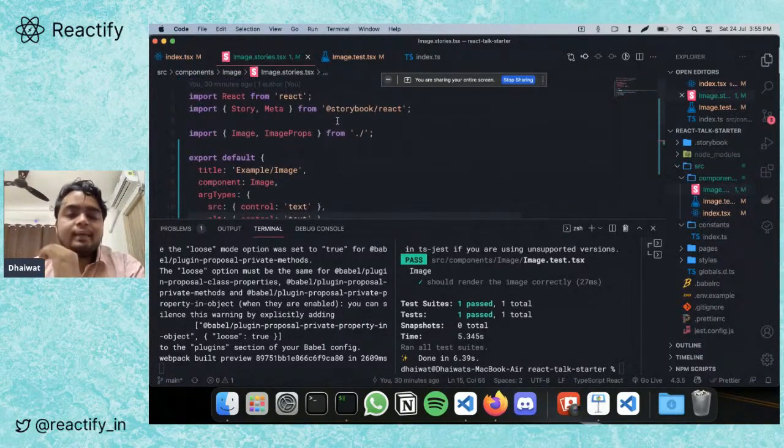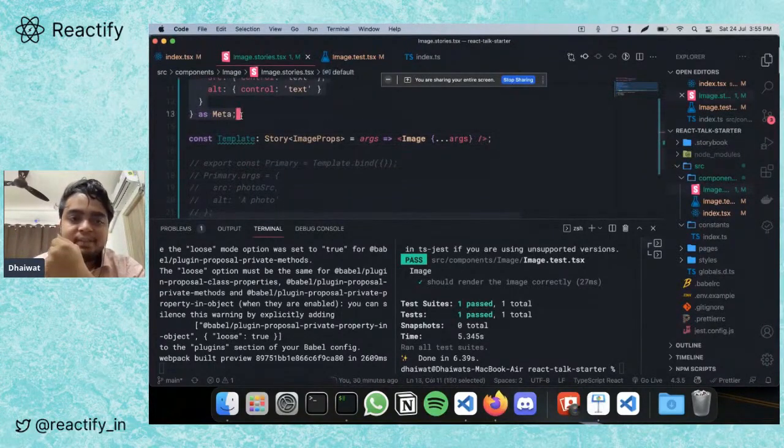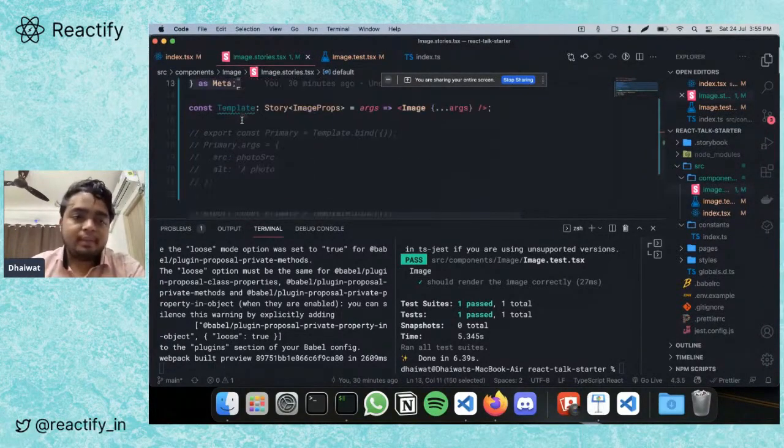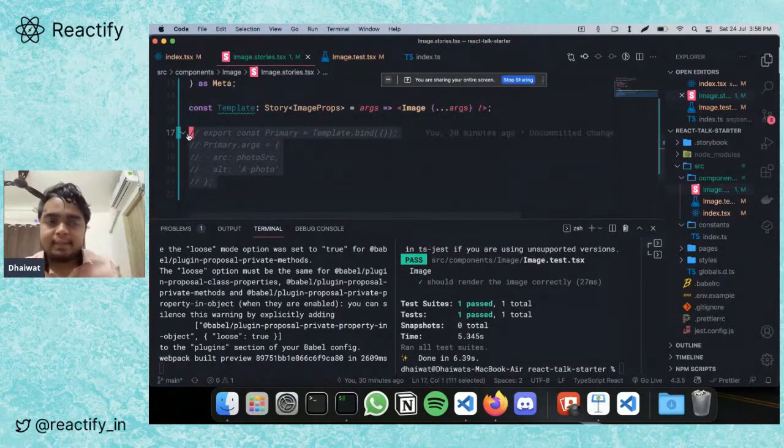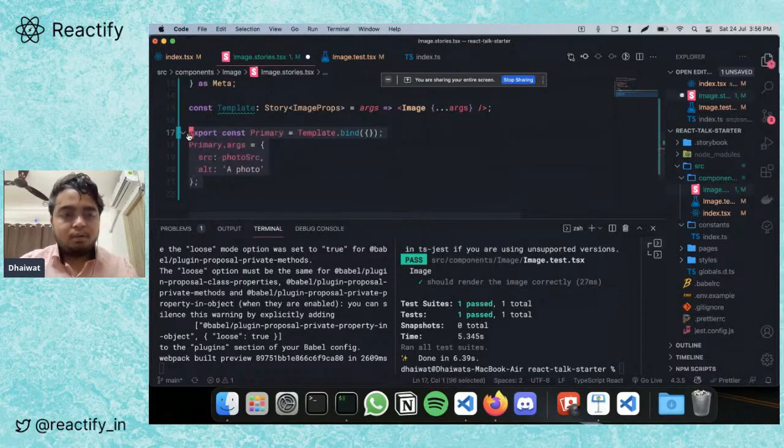Storybook has some weird syntax. You have to write stuff like this for each component you create, and then there's something called a template. Even I'm not sure why you have to do that, but this is the standard syntax. If you follow that, you should be good.